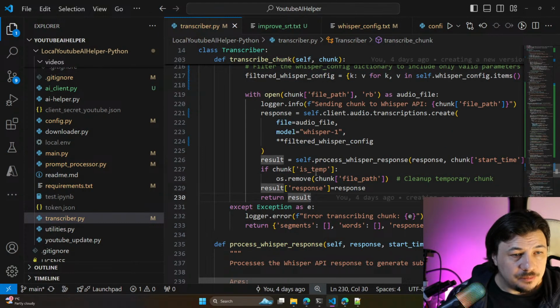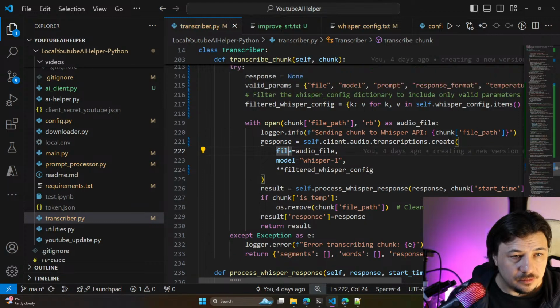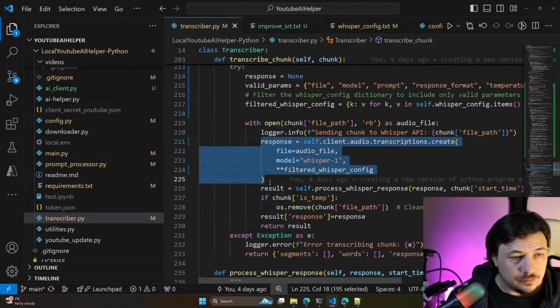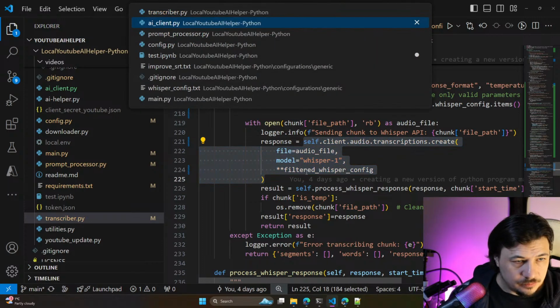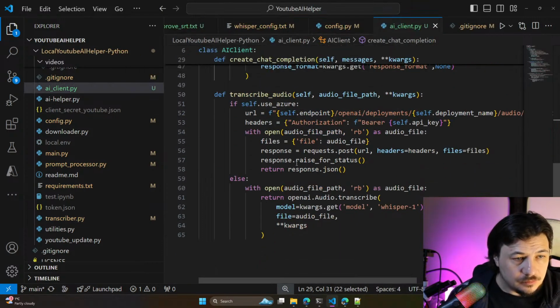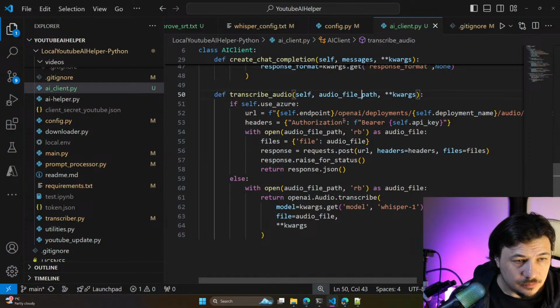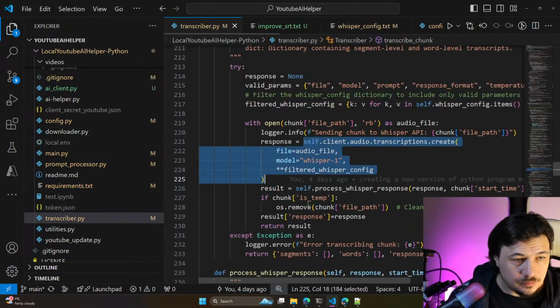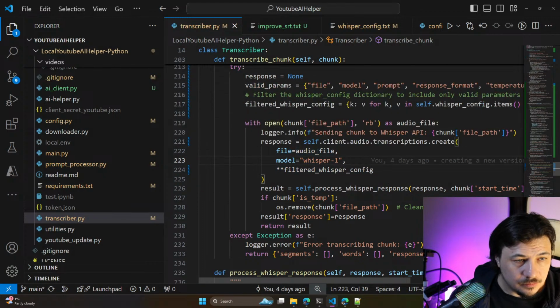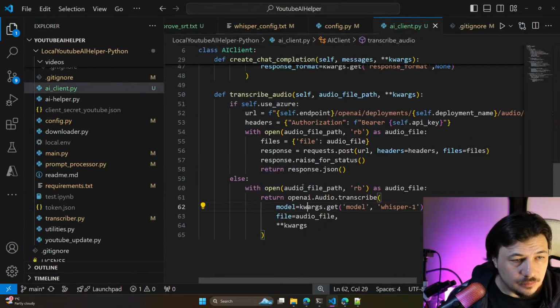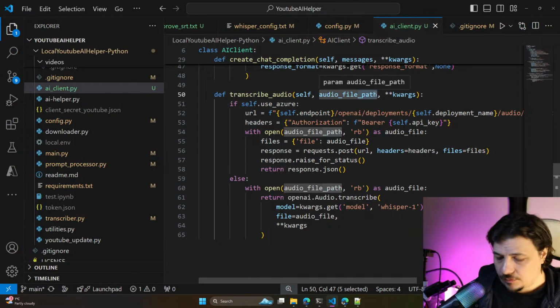It would use the parameters, filtered whisper config, audio file.